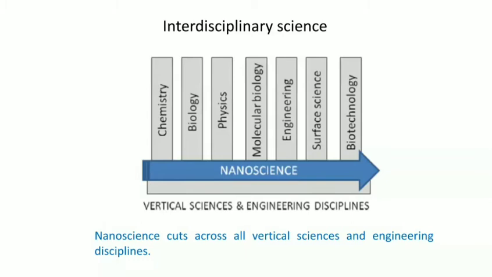Okay, so it is very important that if you want to learn nanoscience, if you want to become an expert in nanoscience, you should have some knowledge of chemistry or biotechnology and physics. Because this is interdisciplinary, some of the applications of nanomaterials and nanotechnology are a combination of chemistry and physics, a combination of chemistry and biology. So in that sense you can have multidisciplinary applications, because you are dealing with a science which is interdisciplinary.